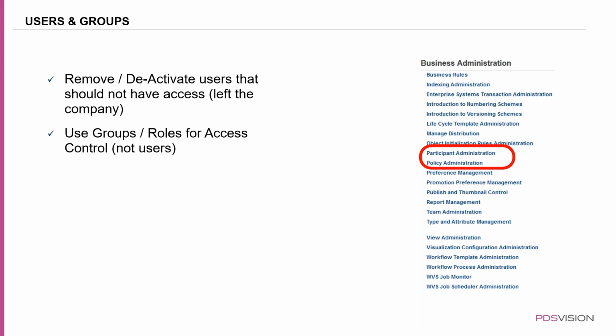Then the other thing that I also recommend is when you're setting up permissions or access control for your Windchill users, always set that up on the group, not the users' entities. So always set it at the groups level or the roles level. And the other thing is when you're assigning the users to context, to products and libraries, do that with groups